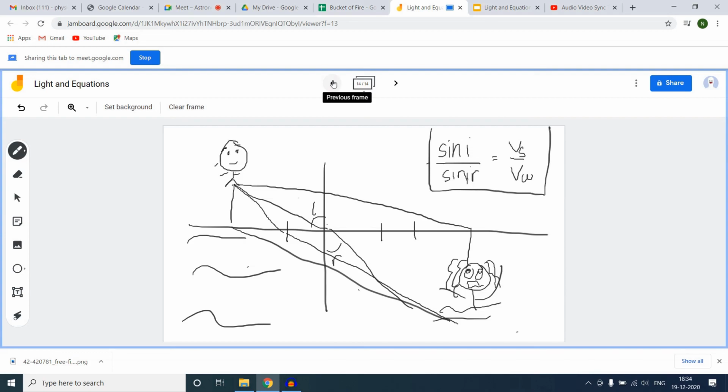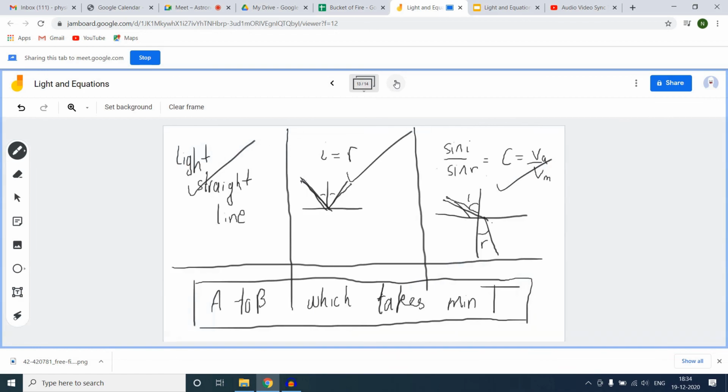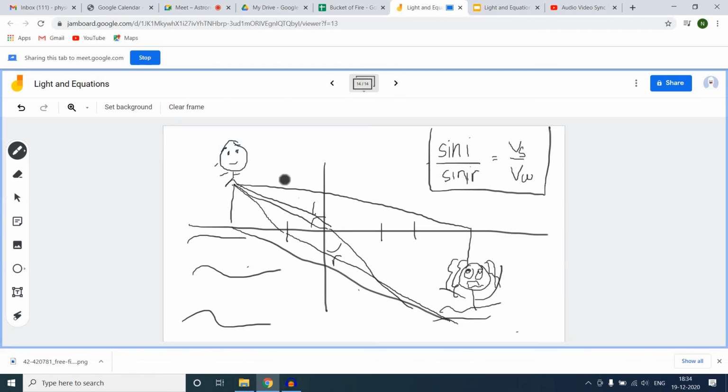The same way that we actually did over here. So you actually calculate distance 1, distance 2. So this is your d1, this is your d2. Find out time 1, find out time 2. And the total time is t1 plus t2. And then you find dt upon dx, set it to 0. This is your calculus part. Those who have not done calculus will not know it. But yeah, setting this equation to 0, minimizing, where does the rate of change of time become 0, will give you this particular solution over here. Alright,